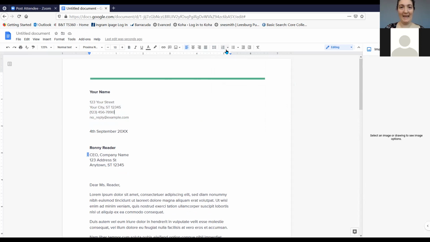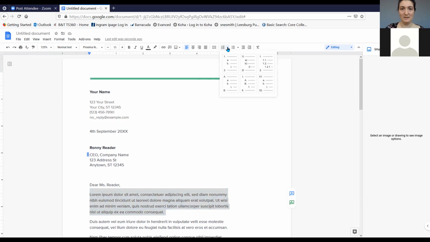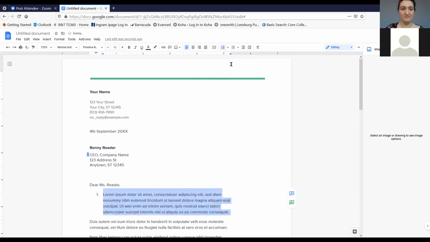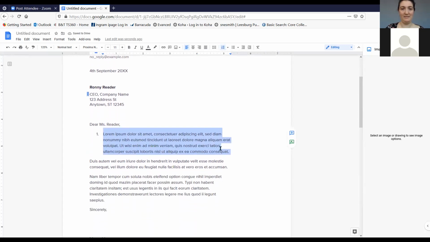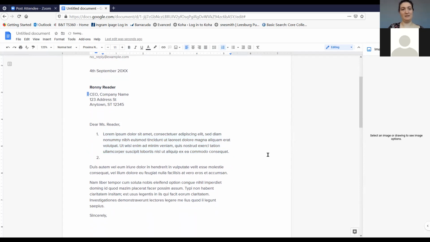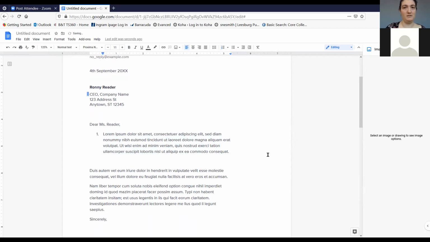Now, after that, we have numbered lists and bulleted lists. So if you have a list in your document and you want to make it very clear that it's a list, now obviously this isn't a list, but I'm just going to use it as an example. So I'm going to highlight that, and then I'm going to click numbered list, and it gives you different ways that you can number it. But I'm just going to choose the first one. So now you have, this is number 1, and if I hit enter, it's going to bring up number 2, and so on and so forth. I'm just going to undo that,